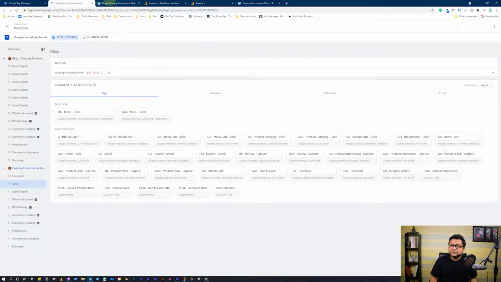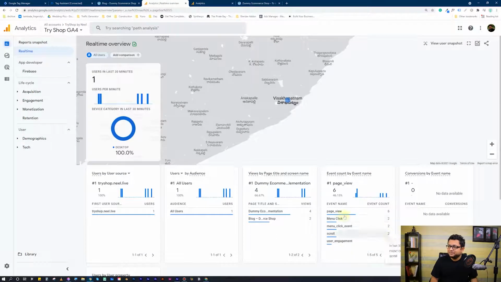Now, just so that we know that this data is going into analytics, we can come to real time over here, and you will see that this is the GA4 one, right? And the GA4 real time looks like this, and you see that the menu click is working fine, and the button name, we can check that. So this is the parameter, right? The one we had fired, you see it's the blog that's going as a name, and you could also go through other details over here, right?